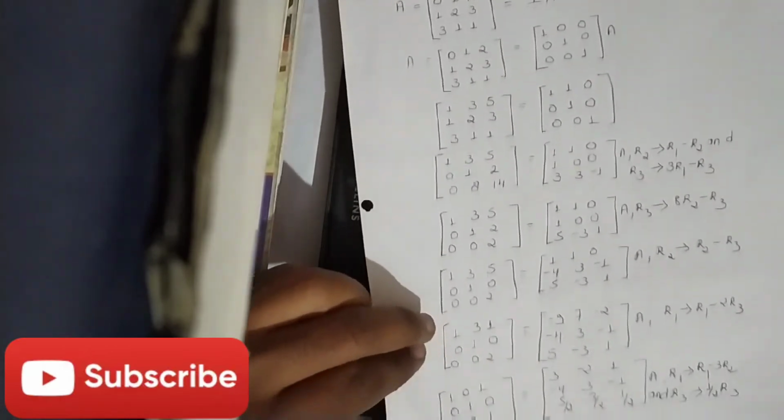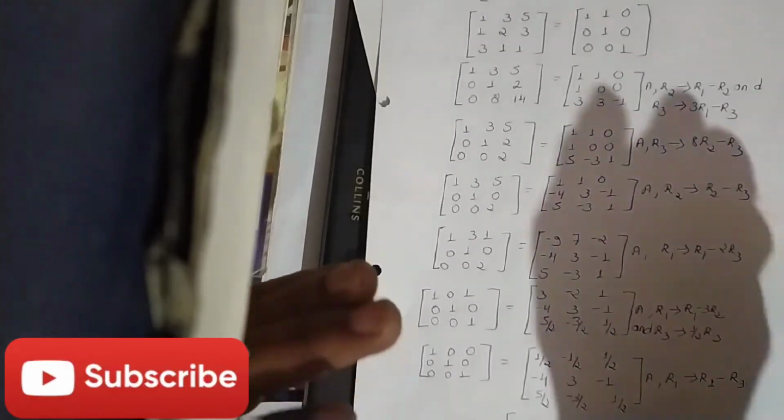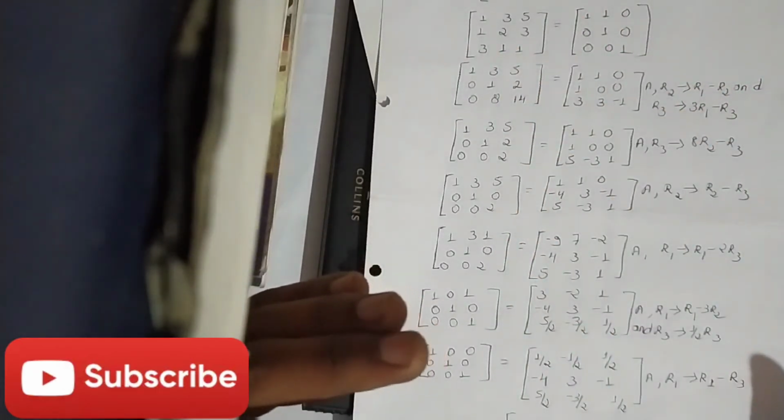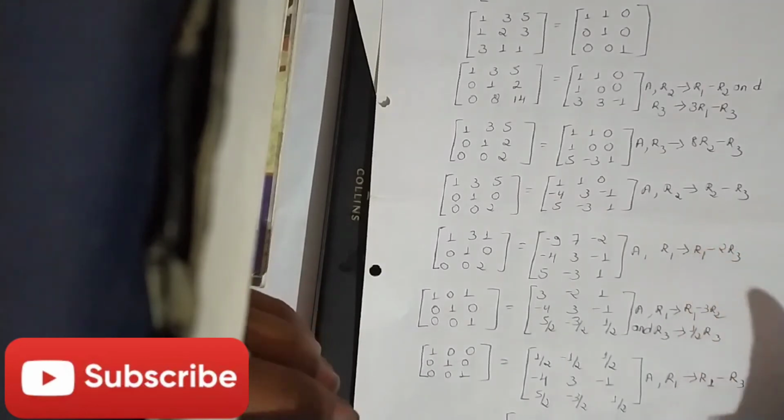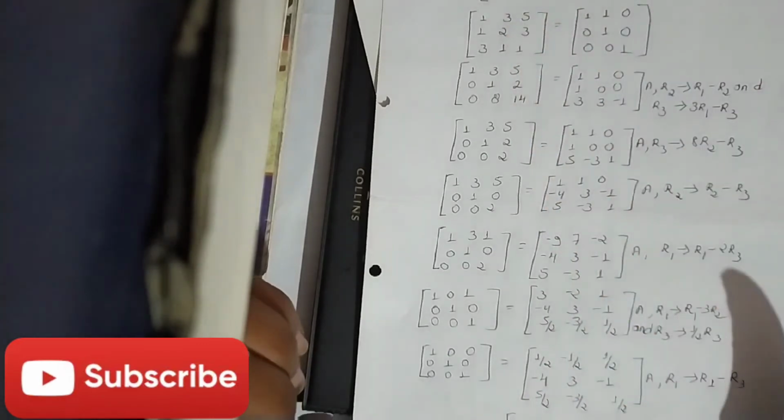So friends, here was the conventional method that we are studying from the 10th class itself, and you can see it is too long. A full page is filled with the solution of this matrix. So it is too typical for the students who are studying this method, and it might be possible that you will not get much time to solve this type of questions, and it will take too much time to solve. So here we will discuss the tricky method to solve these types of questions in competitive exams in much less time.